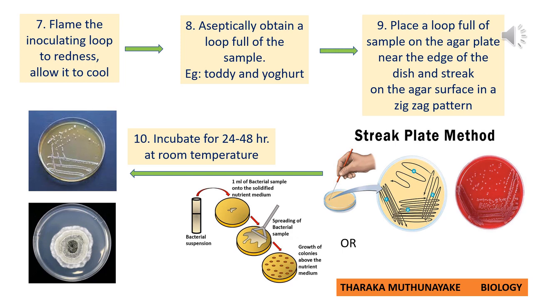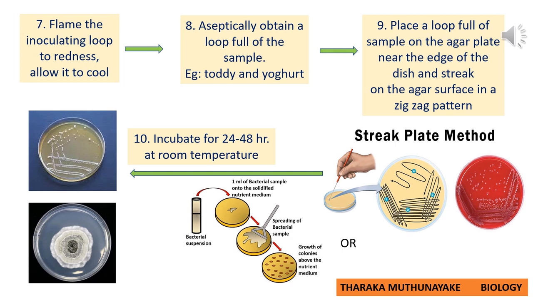After preparing culture media in our petri dishes or containers, now we can inoculate or introduce microorganisms into our culture media. For that, as the first step, we can flame the inoculating loop until it reaches red hot. Then allow it to cool. Remember, don't use the inoculating loop to introduce microorganisms while it remains red hot. Keep it to cool. Then after cooling, using the inoculating loop, you can introduce microorganisms into our culture media.